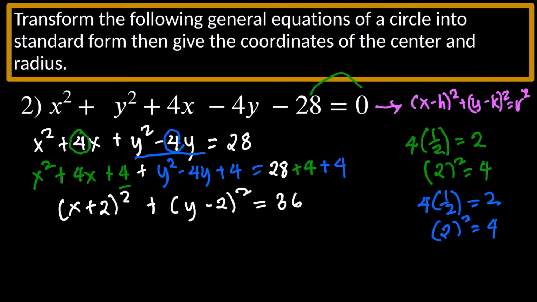Simplifying this further, this gives us (x + 2)² + (y - 2)²